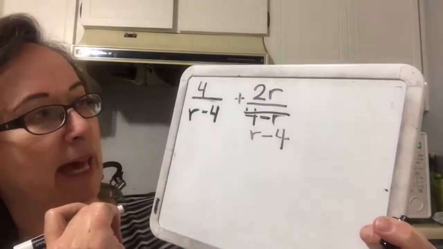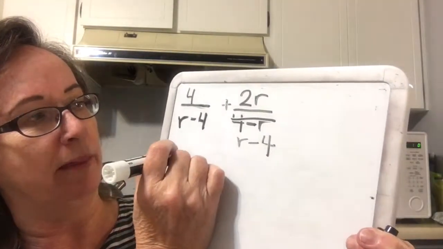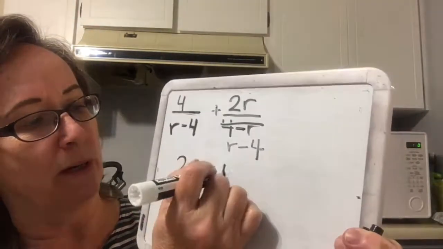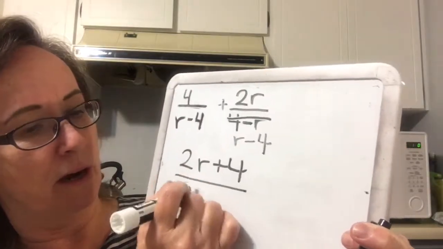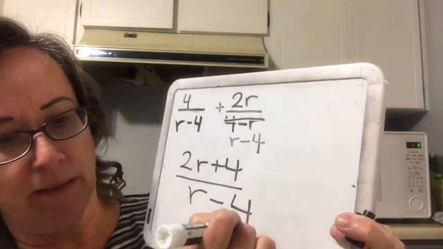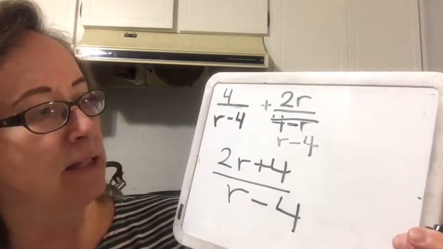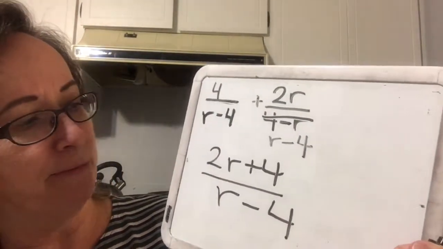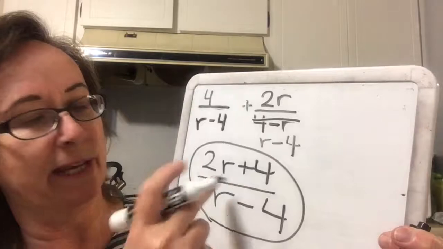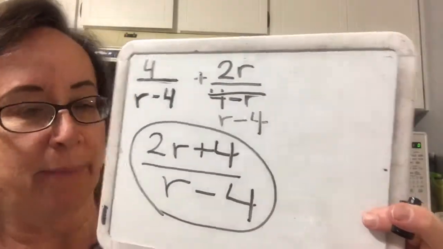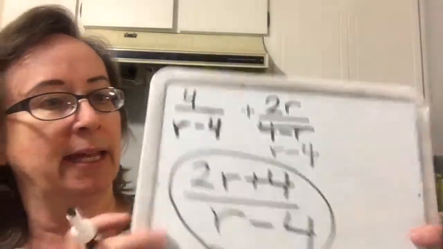And when you do that, now you end up with 2r plus 4 over r minus 4. And that is the answer, because that does not simplify. You could pull out a 2 on the numerator, but nothing would happen to it. So this is fine. And the last one for the section